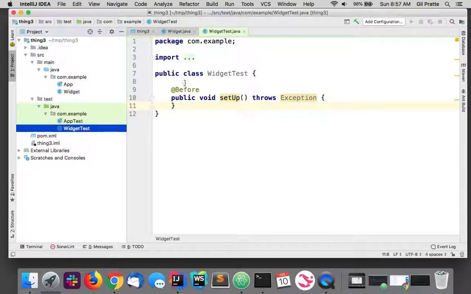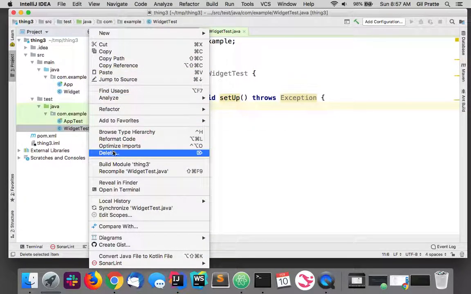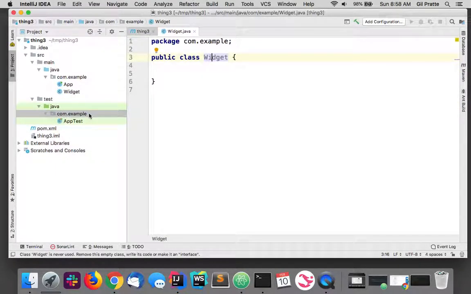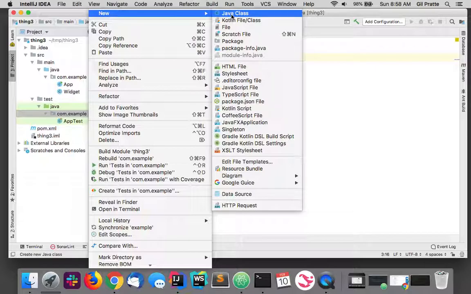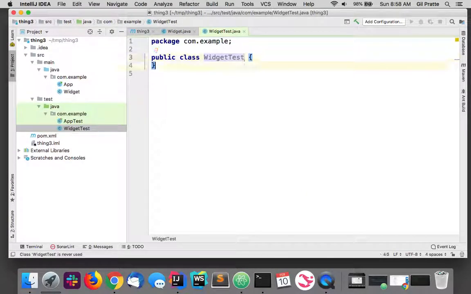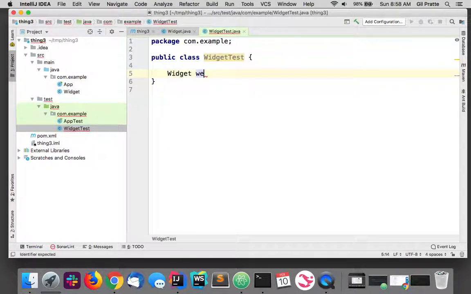Let me delete this, and I'll create it without the generation. So I'll delete this, and I'm going to just create it the old way. I'm going to do new Java class WidgetTest, and what I'm going to do is I'm going to be testing the Widget class. So I'm going to do Widget,